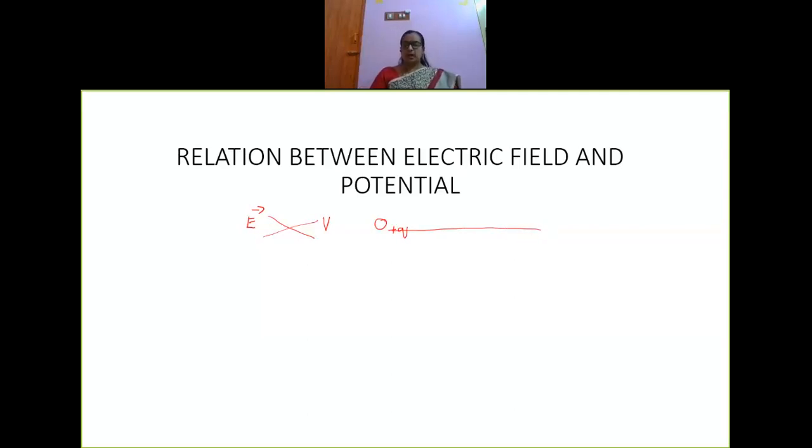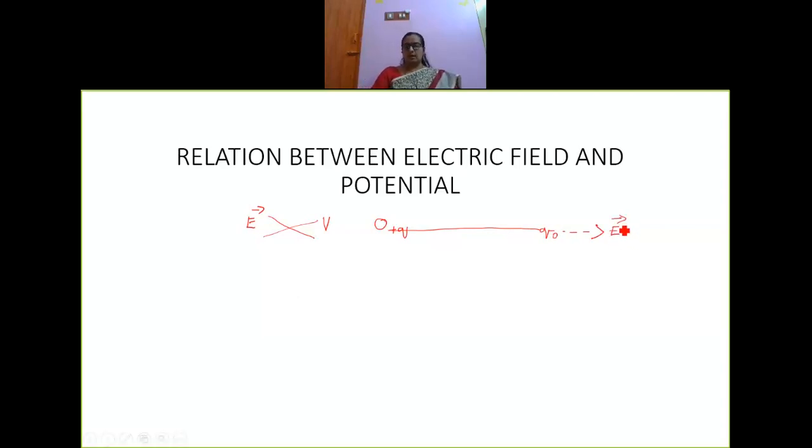Yes or no? Now I am going to consider a test charge Q naught at this point. Okay, and will there be an electric field existing between these two charges? Definitely yes. Now the source charge is positive here and the test charge is also positive. Test charge will always be positive and this source charge is positive, right? Now what will be the direction of the electric field or the electric force that is existing between them? It is along this direction due to the force of repulsion. So E.